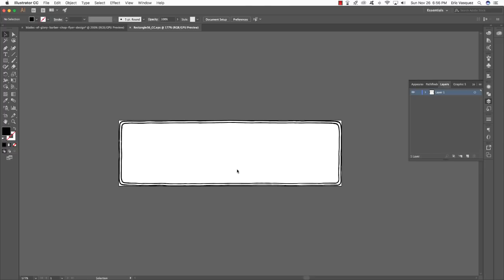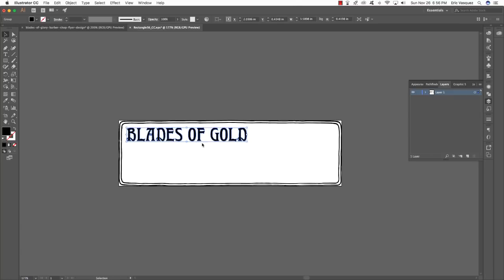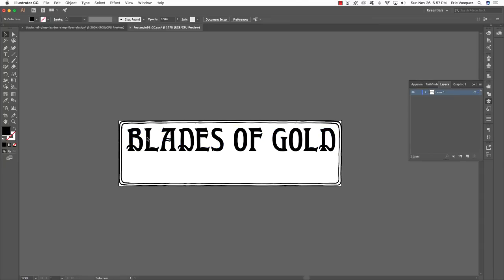Now back over here in your rectangle EPS file, press Command V to paste the text. Now from here what we're going to do is just use the selection tool to move this up here towards the left, and then hold Shift and drag downwards from the bottom right corner of the bounding box to make that a bit larger so that it fits nicely across and spans almost the entire width of that